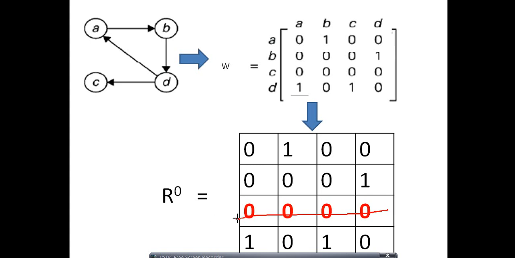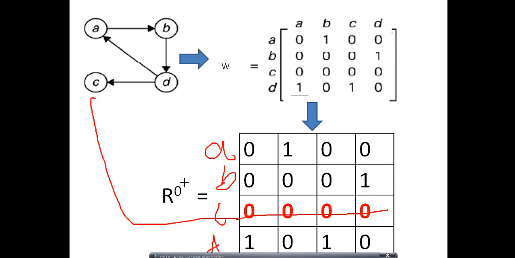Here we have written 0. What does this 0 represent? These columns are A, B, C and D. Why have we written 0 here? Because from vertex C there is no path to any other vertex, so simply we put 0. How to calculate the R naught matrix? The R naught matrix is nothing but the weight matrix or cost matrix. Is it clear? Okay.